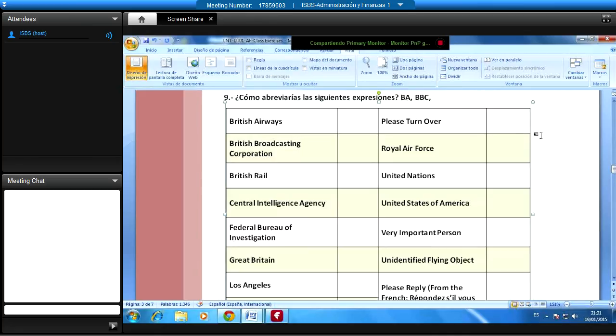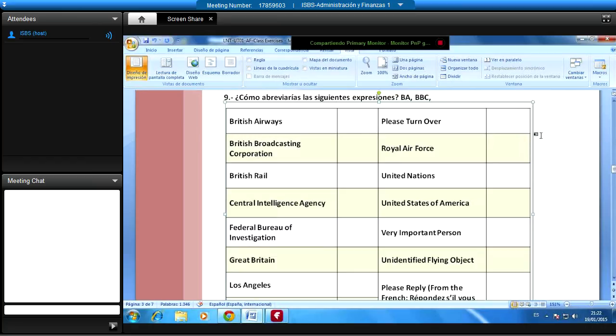Gire. The Royal Air Force, RAF. United Nations, UN. United States of America, USA. A very important person, VIP, like the VIP lounge, the VIP room at the airports. A sala VIP, no? It's a very important person or very important people. Very important customer, like unidentified flying objects,